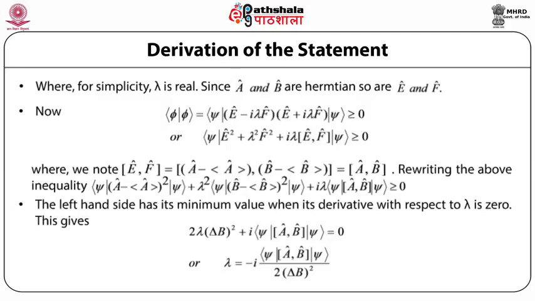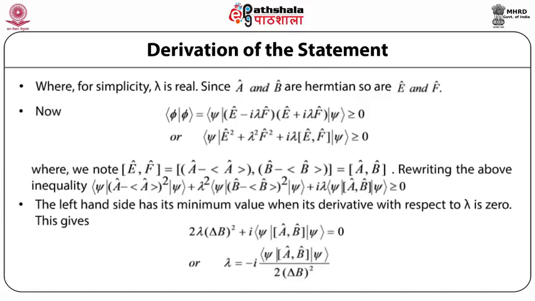So basically the scalar product of the state phi with itself is given by this relation, and this is greater than or equal to 0. In other words, we can also say that the bra vector state psi, operator E square plus lambda square operator F square plus iota times lambda times the commutation relation of operator E with operator F, all these operators acting on the state psi, is greater than or equal to 0, where we note